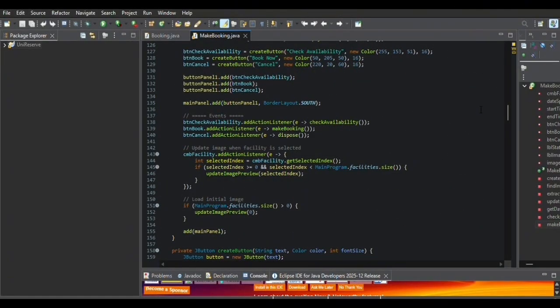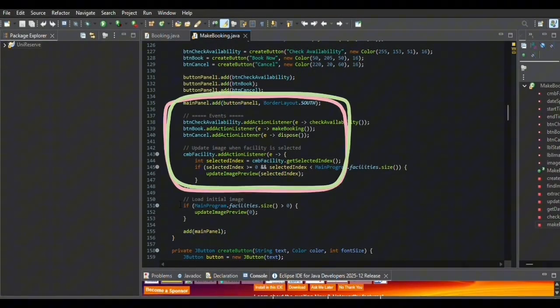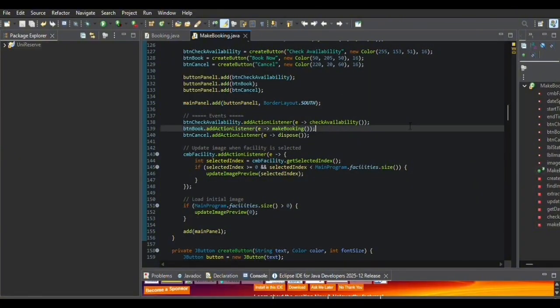Another important concept is polymorphism. All buttons use the same event system, but each button performs a different function. The check availability button checks the schedule, the book now button creates a booking, and the cancel button closes the